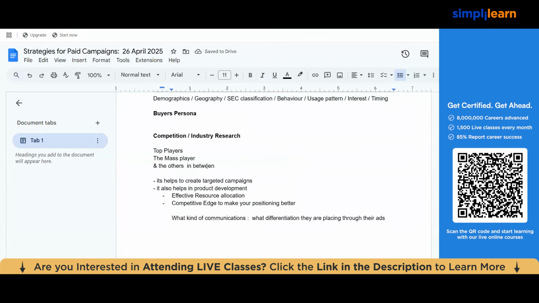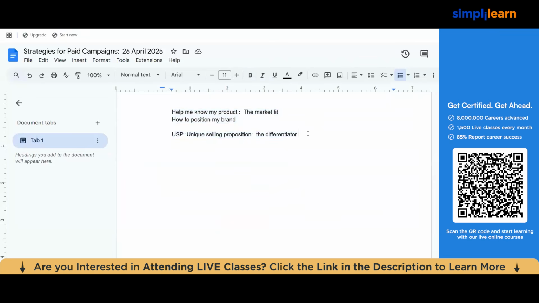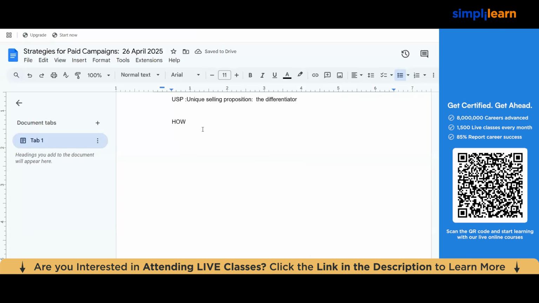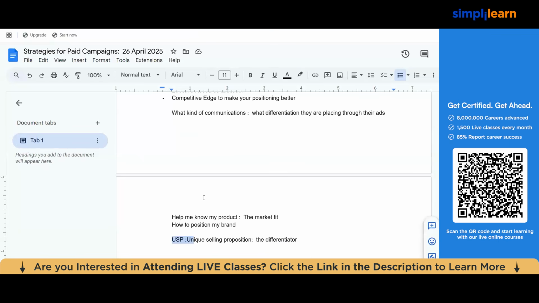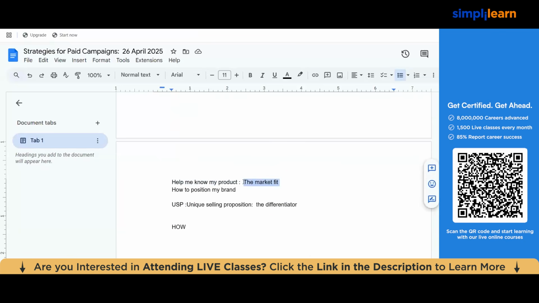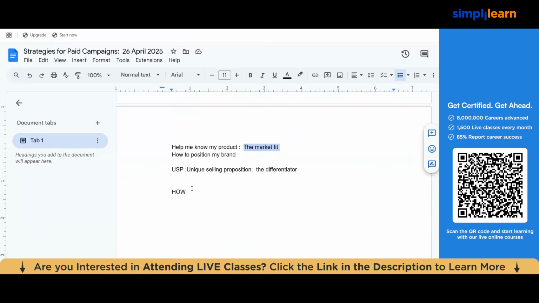So if I conclude all of these things, and then if I am now making a campaign, I can say it in one line that all of this understanding helps me understand. If I also figure out the USP, knowing the research, the industry research, the audience research I have done, I know the USP. I know I have made my market fit. I understand which audience it will fit better. I can then finally make a paid campaign,